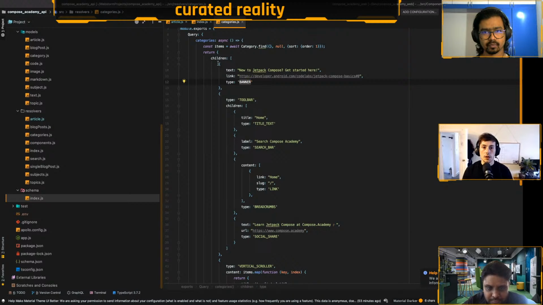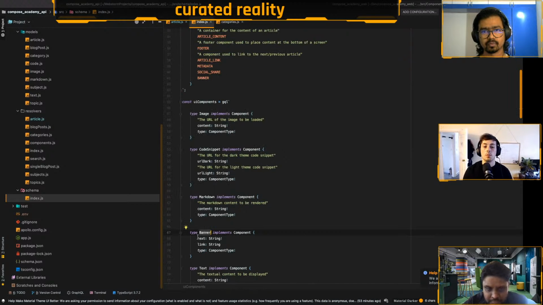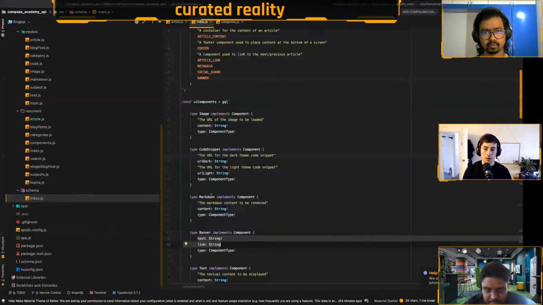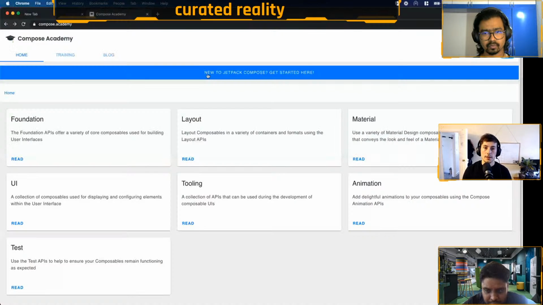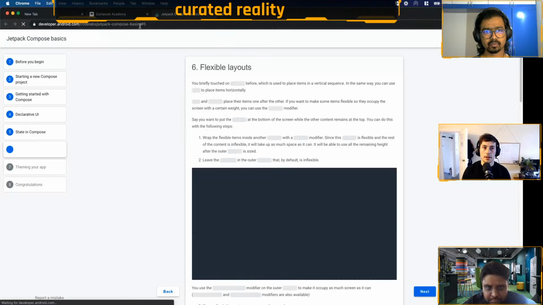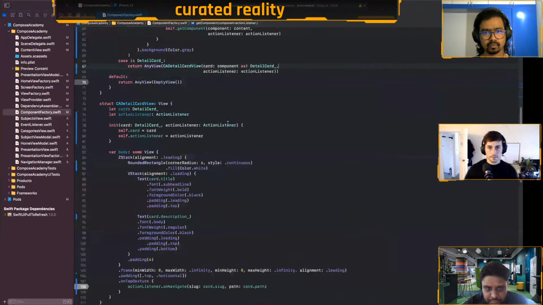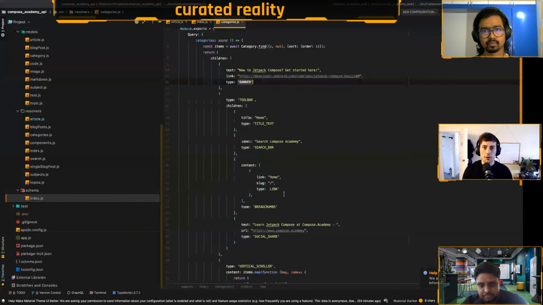So when this child is returned to the client after a query is performed, the client will get back that banner type with the corresponding data populated, which is this here. So we have the text and the link, and this is the text that's displayed inside of this banner, and then when you click the link, that's the URL that it goes to. And that's the same for each of the other components inside of that resolver.